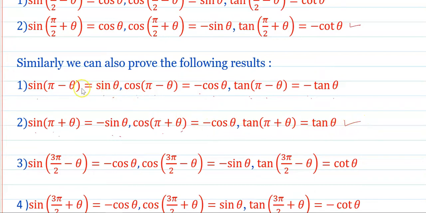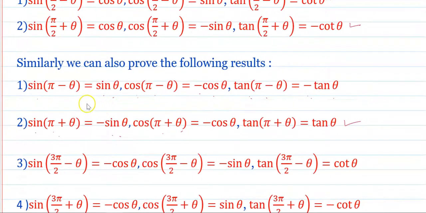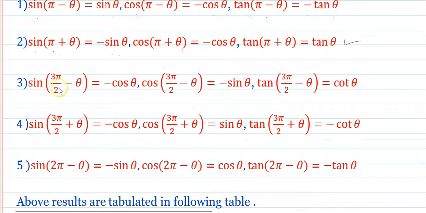To remember: whenever there is an integral multiple of the pi angle, the function remains as it is and it gets the sign of the quadrant where this parent trigonometric function lies. Okay, so sin of pi plus theta lies in the third quadrant, where it is negative. Next, whenever there is an integral multiple of pi by 2, integral meaning here 3